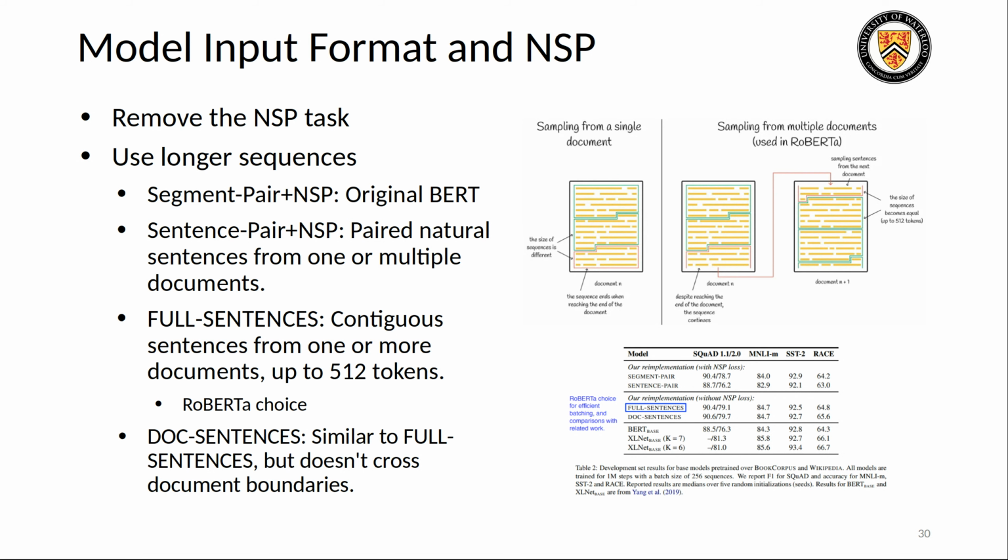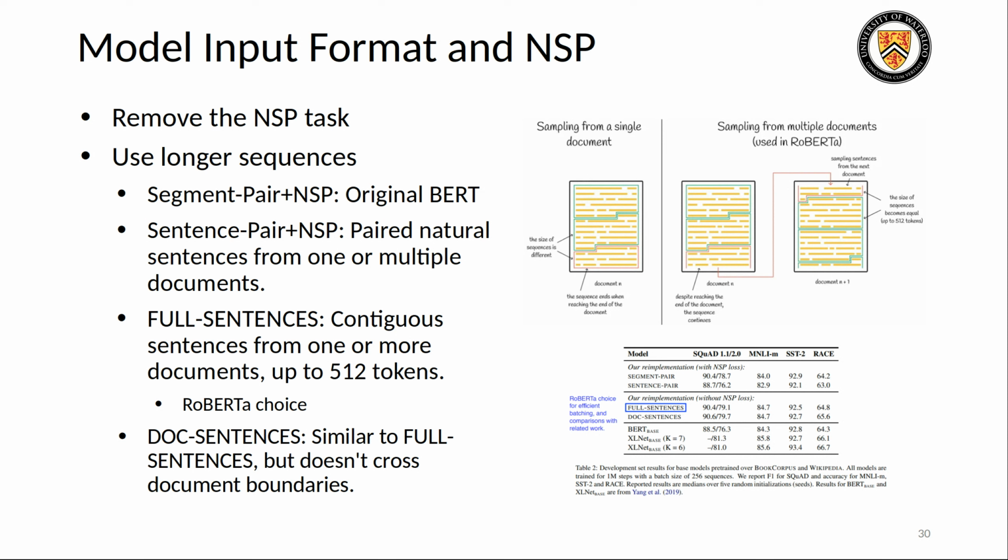And sentence pair plus NSP. Each training example consists of a pair of natural sentences, either sampled consecutively from one document or from different documents. And full sentences. Each training example consists of natural sentences sampled consecutively from one or more documents up to a maximum length of 512 tokens, without the NSP objective. And doc sentences, similar to full sentences, but the sampling does not cross document boundaries, and also